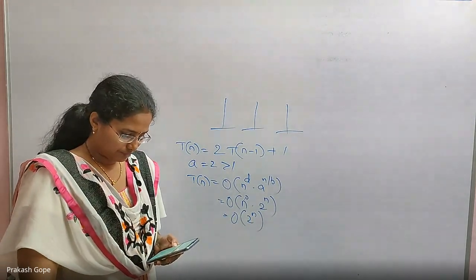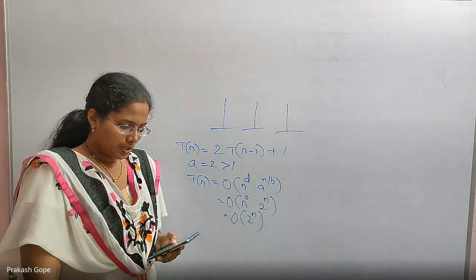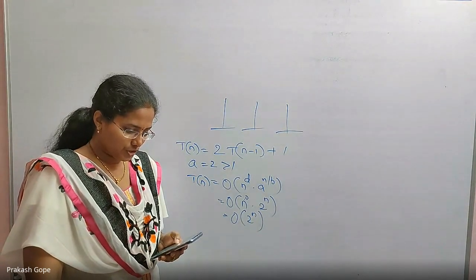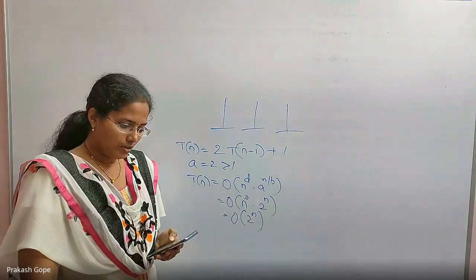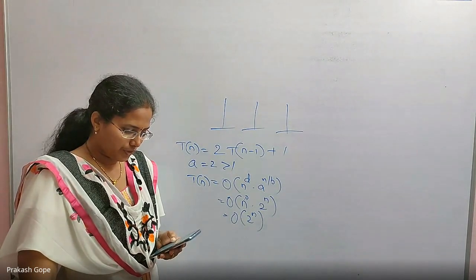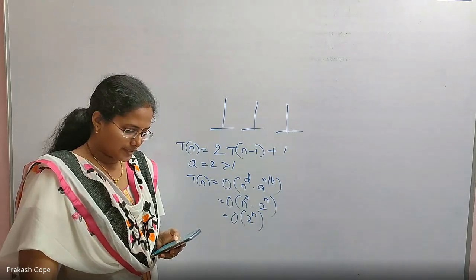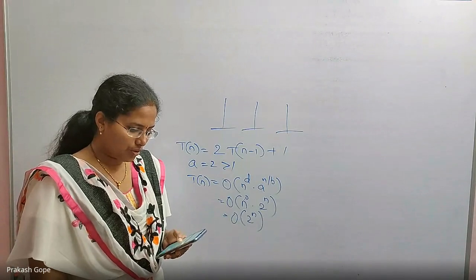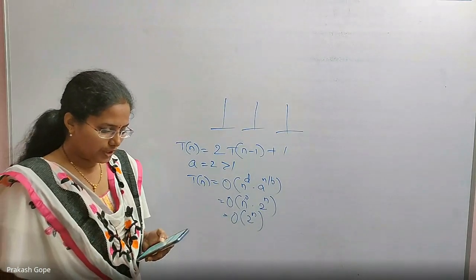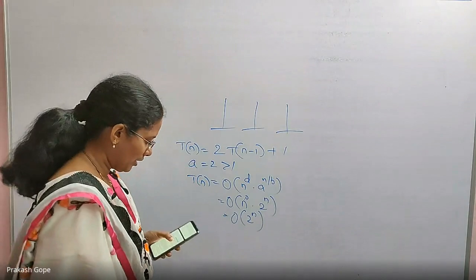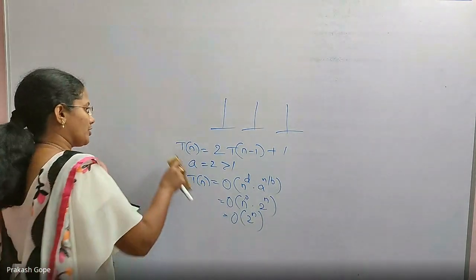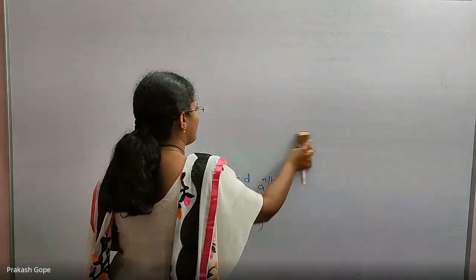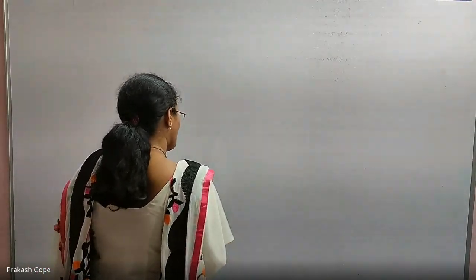Seventeenth, the minimum number of arithmetic operations required to evaluate a polynomial p of x, which is x power 5, 4x cube, 6x plus 5, which means the x power 4 term is missed out and the x square term is missed out. For a given value of x, using a temporary variable, what is the minimum number of arithmetic operations? See the question carefully. Minimum number of arithmetic operations, which means additions also need to be included. Also, you should take advantage of missing terms.